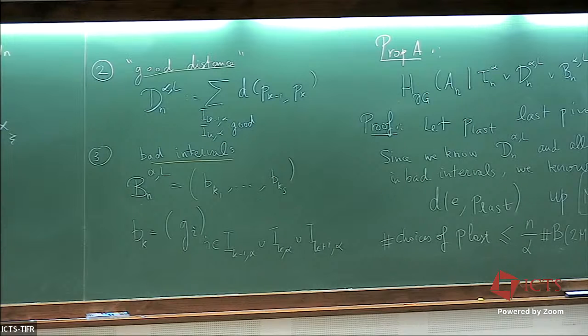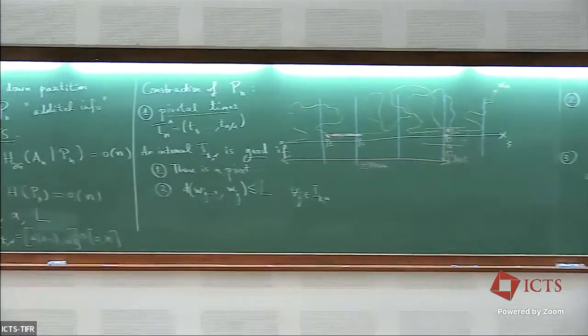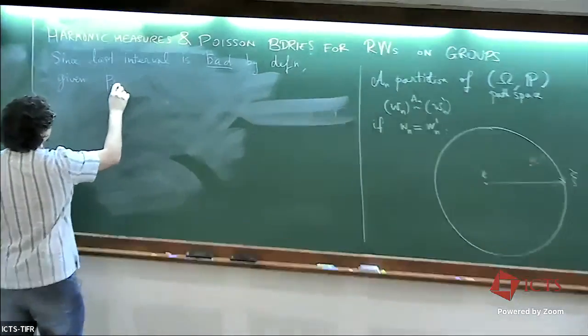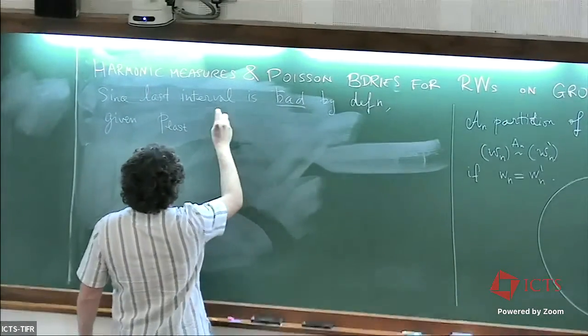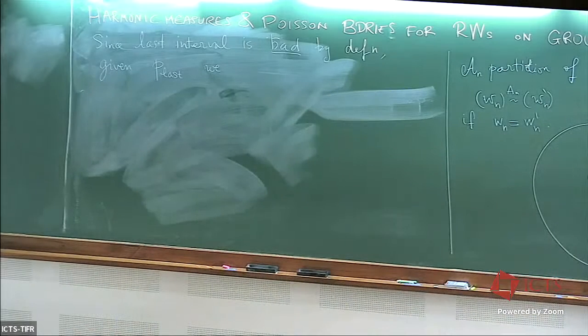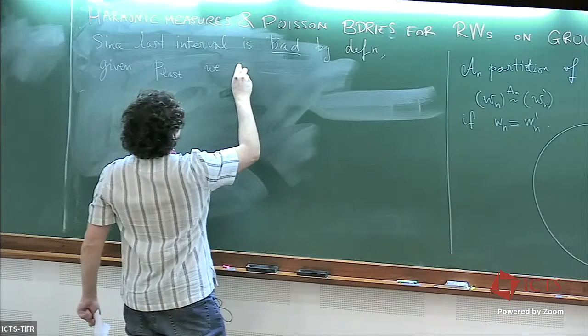So we record, since the last interval is bad by definition. I didn't write it in the definition, but we always assume that. Well, once given P last, we know the last bit. So these last increments are also recorded. And so we just multiply P last times the last bit. We know